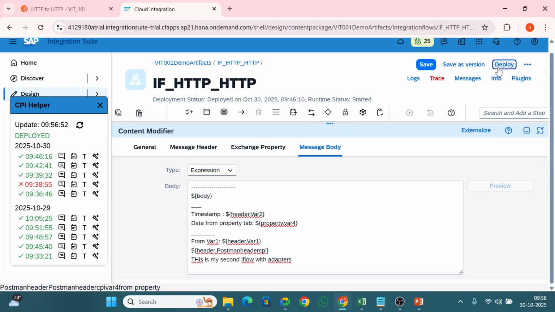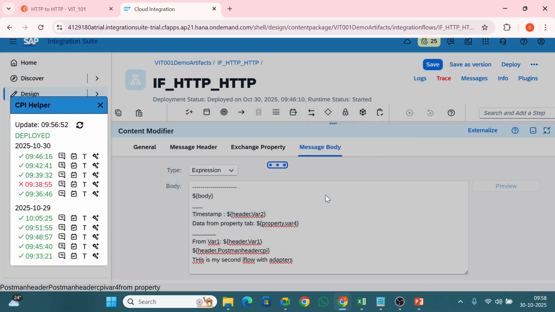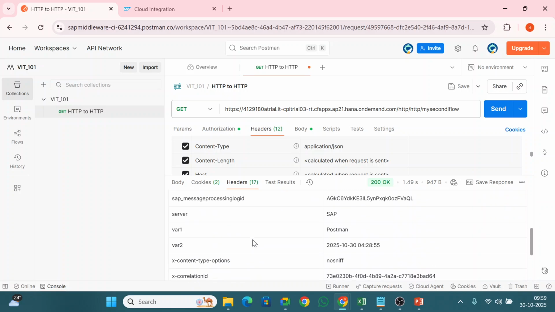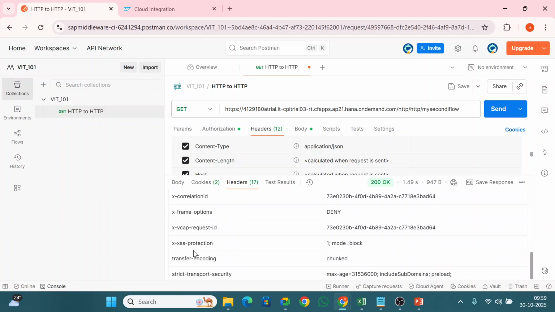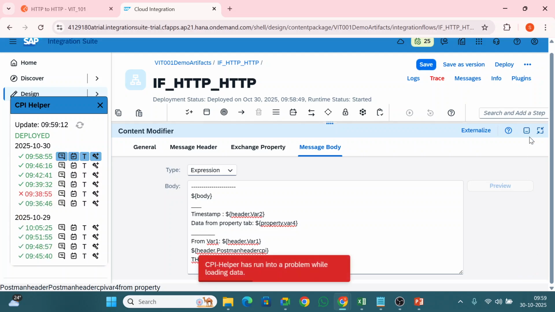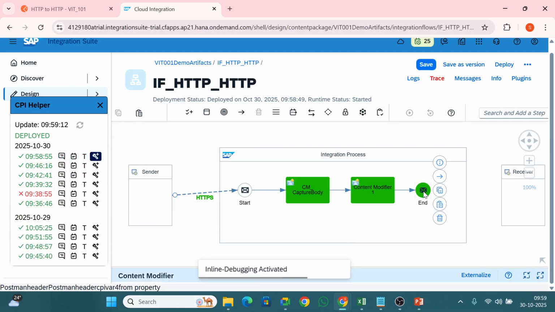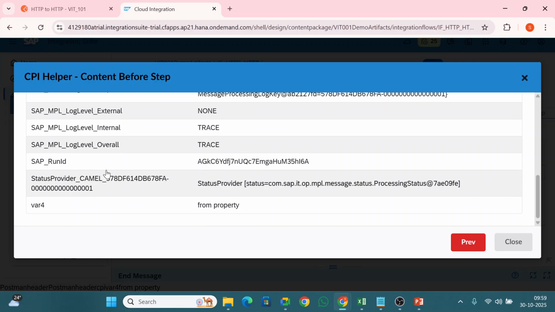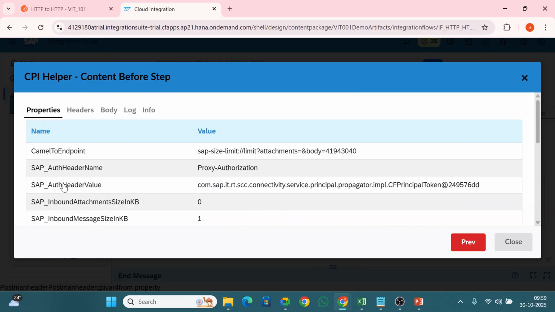Now deploy this, send the data, and now you see in the headers we have var1, var2, but there is no var4, because variable 4 is not a header, it's a property that will not be sent out to the target system. Now click on this wrench symbol, open the end message. Now you see the properties, see here variable 4, it is inside the properties,